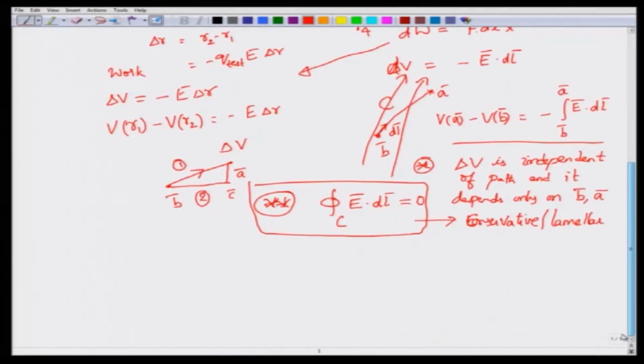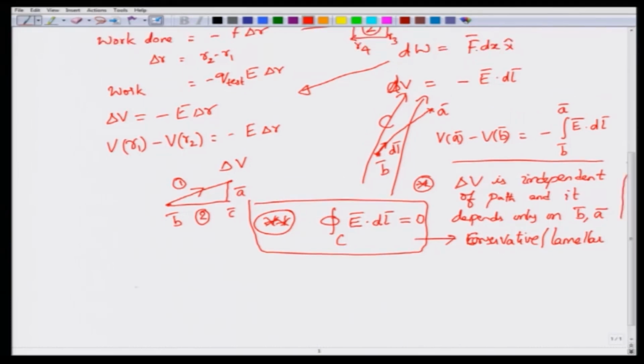Okay. I have a point charge. Okay. So, there is a point charge q here, and the electric field for the point charge, we have not actually calculated the electric field. We have calculated electric field for a line charge, but we did not calculate the electric field for a point charge. But we know how to calculate the electric field for a point charge, because if I place any test